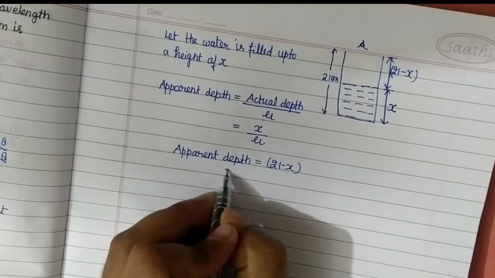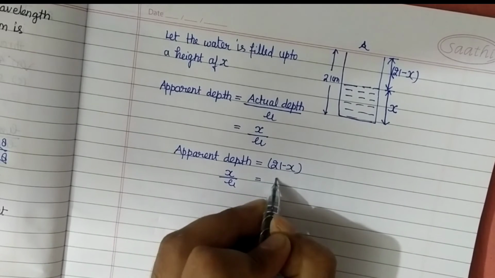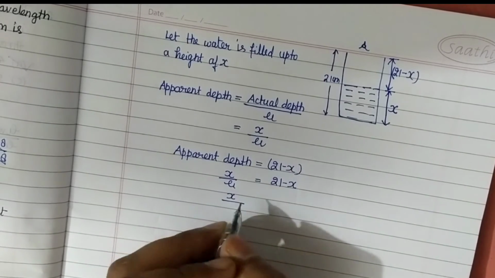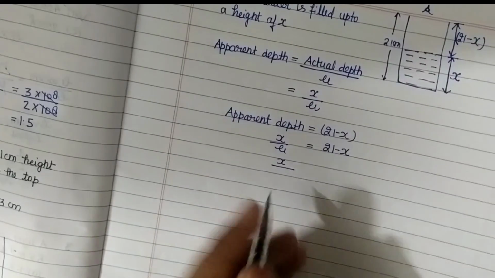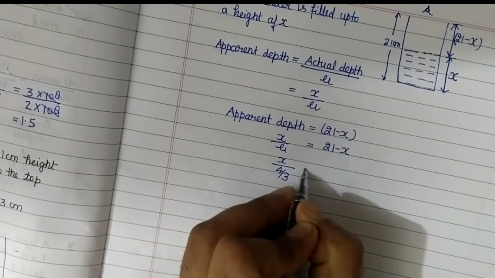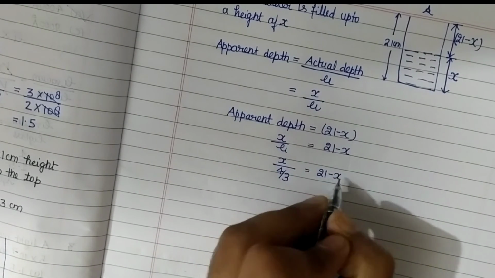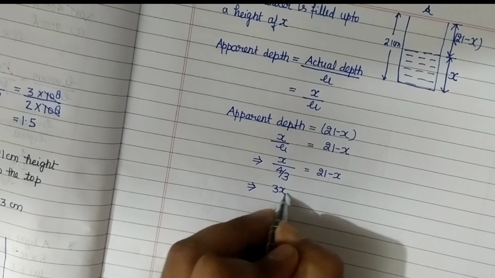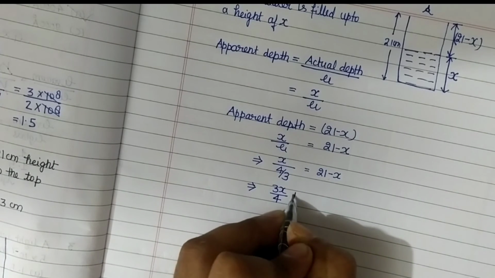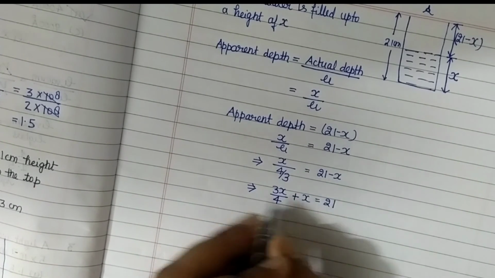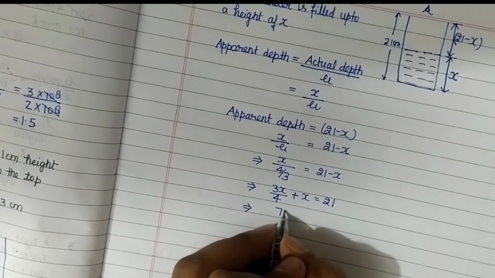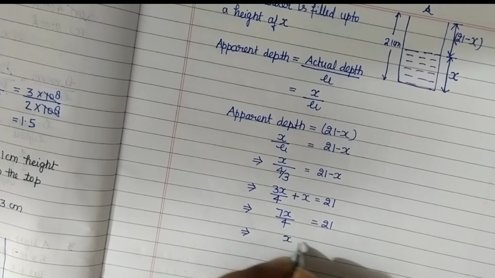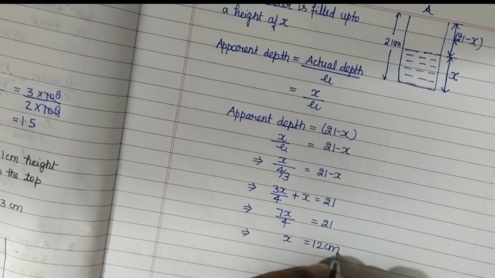हो जाएगा. यानी एक्स अपॉन न्यू शुड बी इक्वल टू व्हाट? 21 माइनस एक्स. एक्स का वैल्यू हमें पता करना है. न्यू का वैल्यू हमको दिया हुआ है कितना? 4/3. So we'll put 4/3 here. That should be equal to what? 21 minus x. So from here it will get 3x upon 4 plus x is equals to 21. So it will become 7x upon 4 is equals to 21. Means x will come out 12 centimeter.